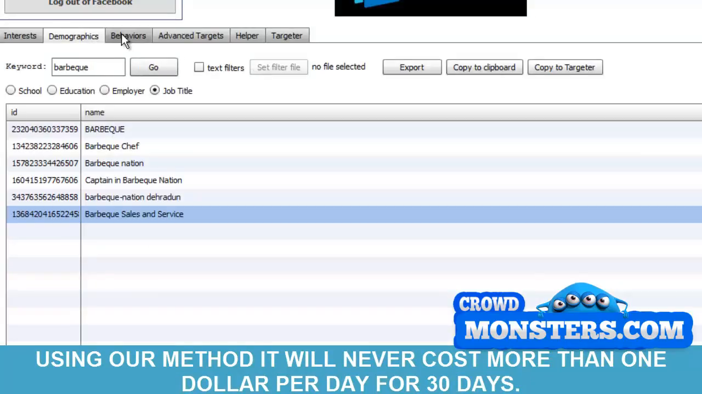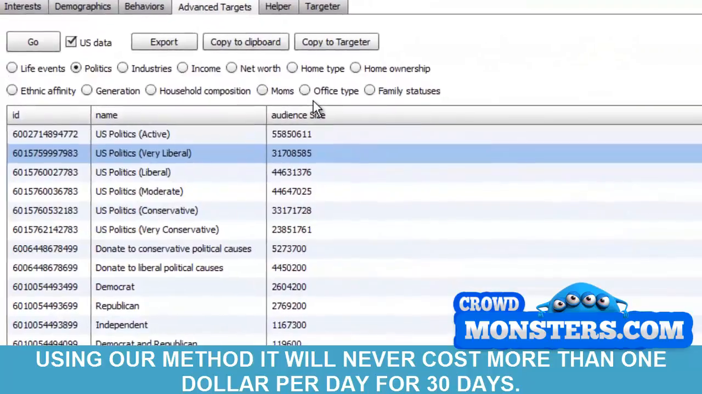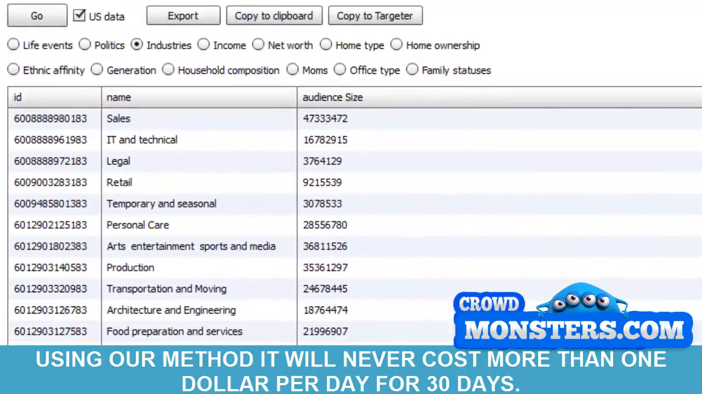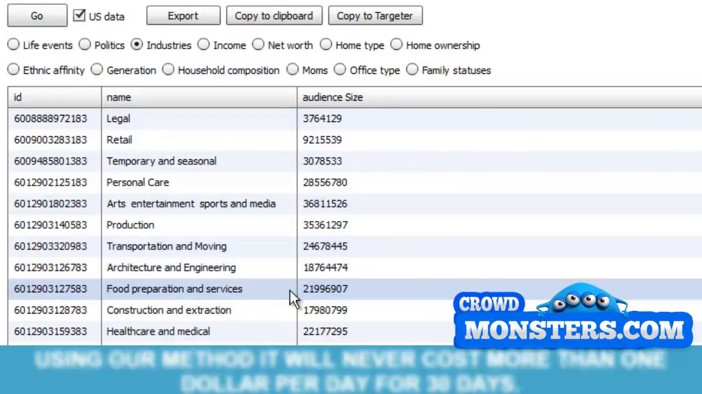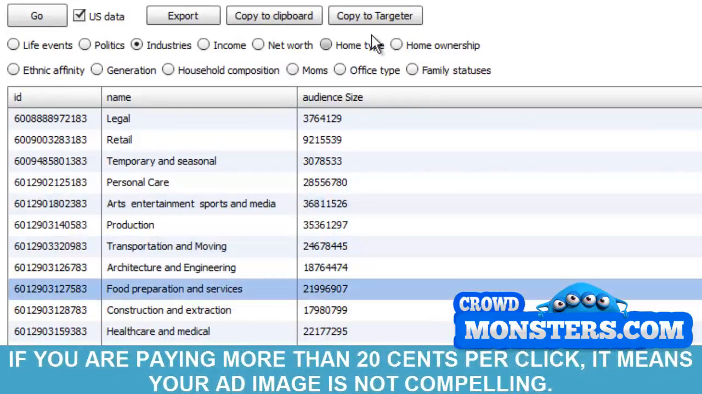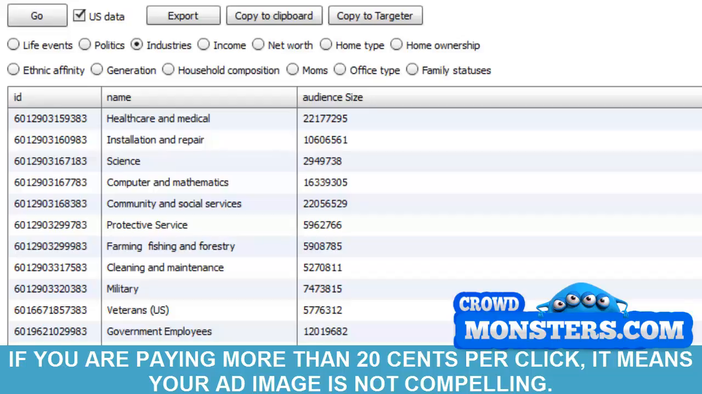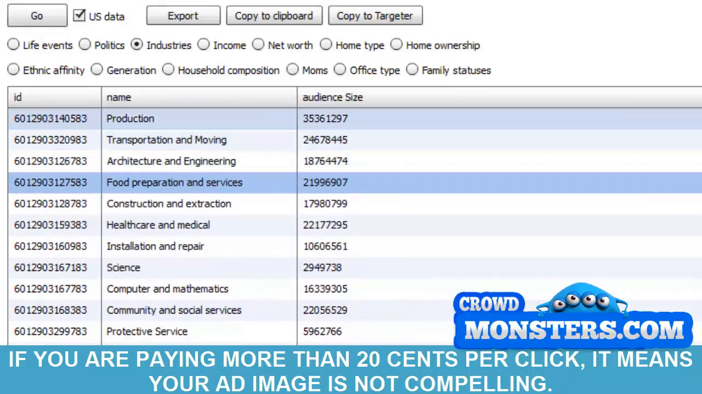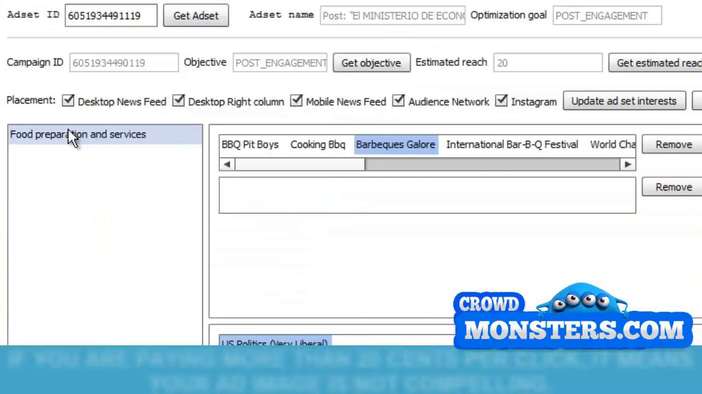This is another feature of the software that can't be duplicated within the Facebook or Instagram ad platform. Industries allows us to select the industry related to the target audience. Let's add food preparation and services to the targeter. Keep in mind, we're not targeting all of these groups, fan pages, and people. We are targeting only the ones that meet all of these conditions. You can see how refined our audience will be and how every impression is going to count by the time